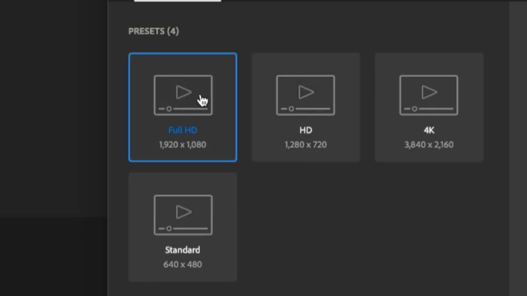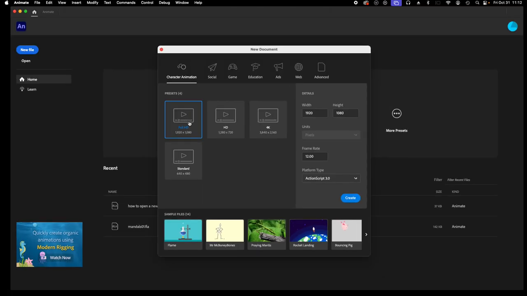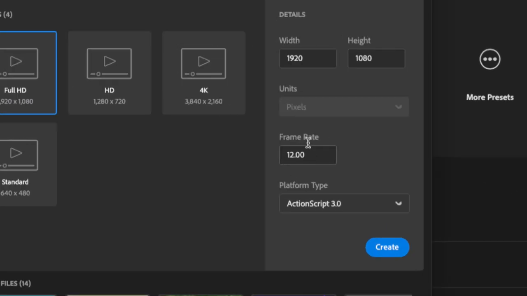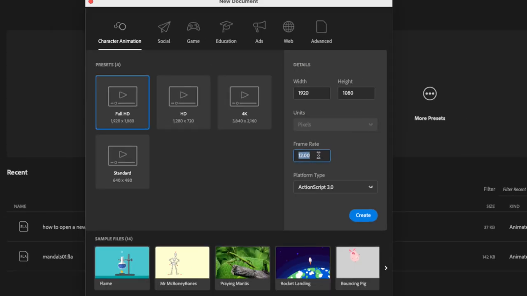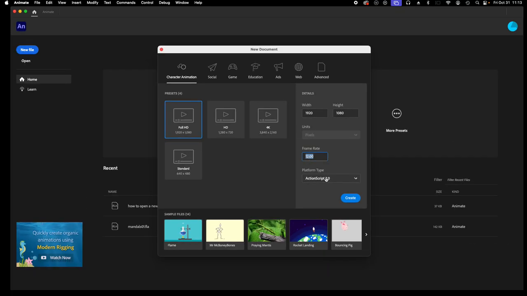So for me, full HD is the size I like to use, and the frame rate, how many frames we see per second of animation, I like to keep that at 12 frames per second. Anything less than that, and the animation looks a little too choppy, and anything more than that, and you're just having to do too many drawings per second, and it's just going to take too long. So this 12 frames per second, I think, is a good middle ground that works really well for what we're going to be doing. So then all I have to do is hit create down here, this blue button,